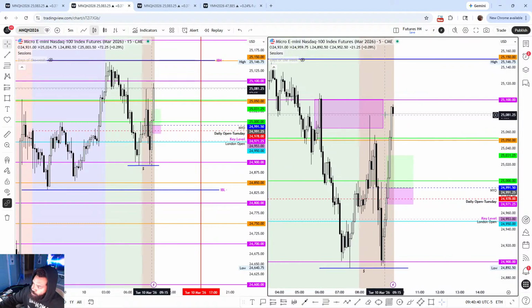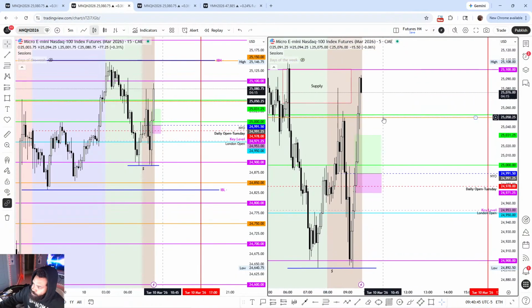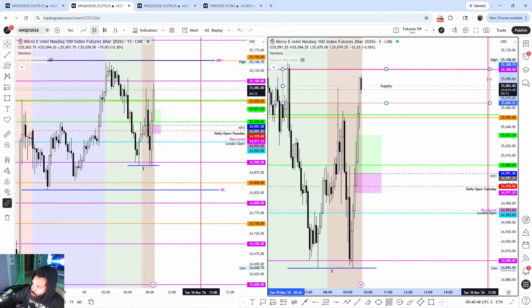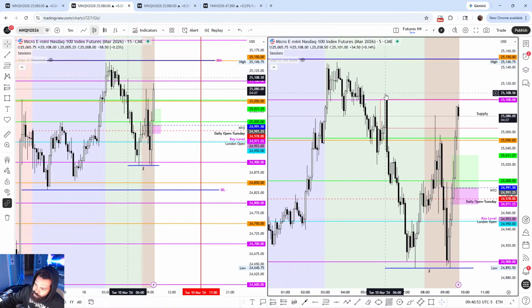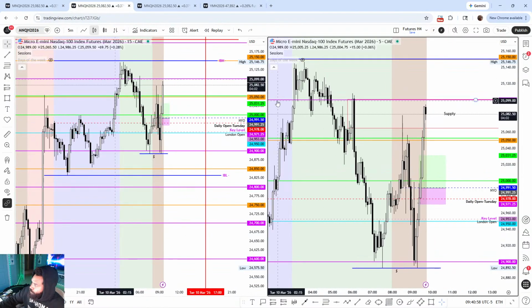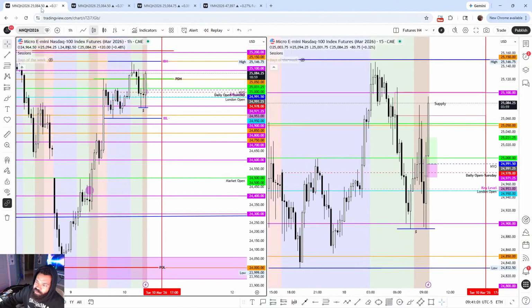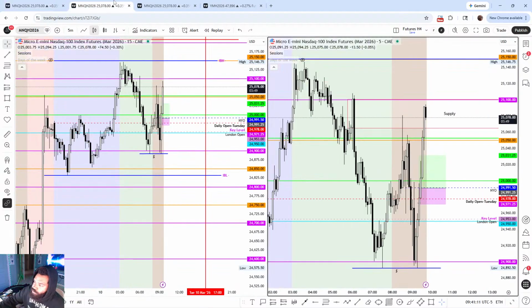Okay, so we do need to remember that this area earlier did act as a level of supply, right? So we just want to have that understanding that they did sell this area off previously. And so there should be seller short stop losses sitting above this area and at the high of day. And so I'm not looking for very much more than high of day. If price does continue to rally, we're looking for the imbalance fills in the 25-300s. If you have swing trades like 25-400s, I'll go over the Nasdaq price afterwards. But just want to make sure that we look at this here. That's a pretty good one, 1 to 2.